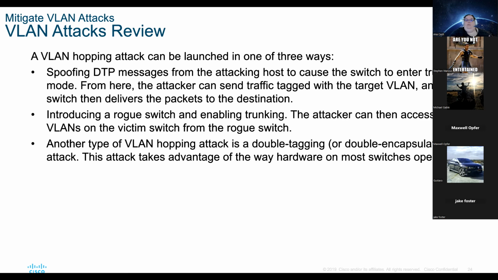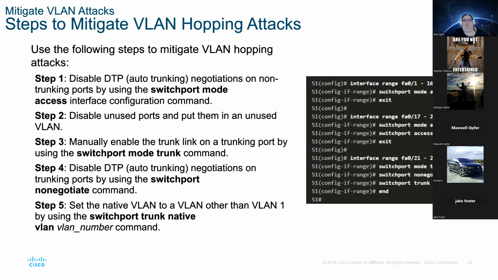Another type of VLAN hopping attack is a double tagging or double encapsulated attack. This attack takes advantage of the way hardware on most switches operates. Okay, so this is just showing how you do that within the switch port mode. So to disable DTP, which is auto trunking, negotiations on non-trunking ports, you do that with switch port